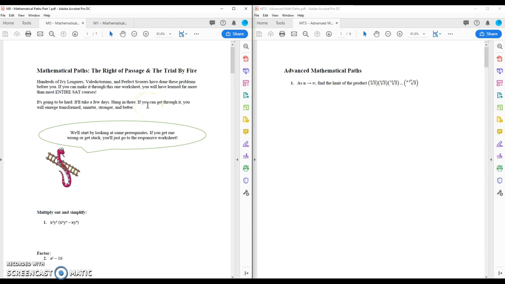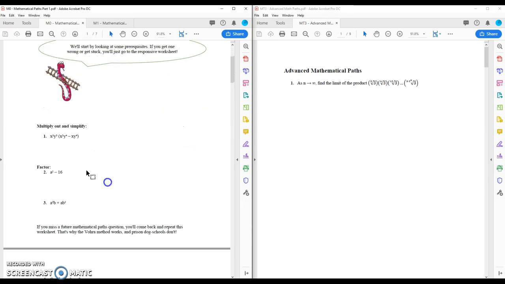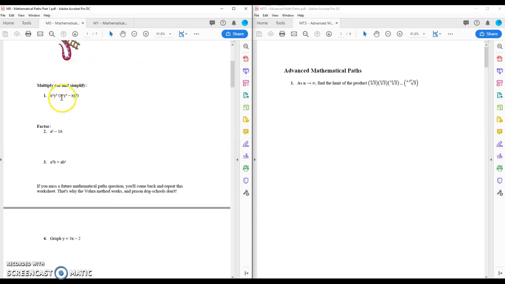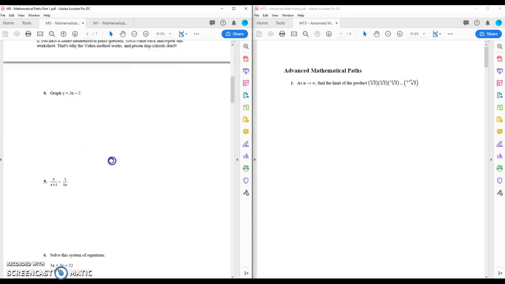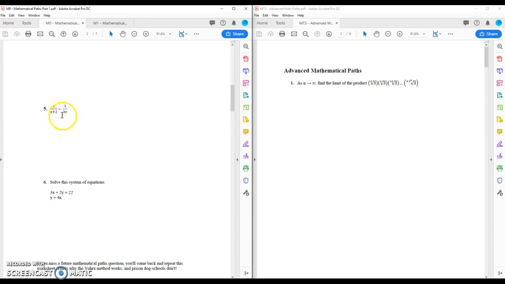And that's a whole bunch of fancy and exciting language, and we give a bit of a pep talk, right? But what's the idea behind this? On this particular worksheet, it definitely starts out with, okay, we're testing distribution, we're testing factoring, we're testing graphing, we're testing the ability to subtract complex fractions, right? So any arithmetic issues are going to come out in question 5 for sure.